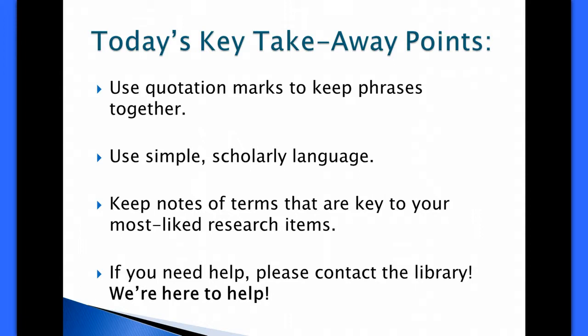And if you are not finding it by the terms you're using, switch it up. That will go a long way in helping you figure out exactly where the items are that you're looking for. Likewise, keep notes of the terms that are in the articles and the pieces that you like the most. As you start to figure out the direction you're going in and you start to notice a pattern, it's great to write those down, especially if you need to walk away and take care of the kids or go cook dinner or whatever the case may be. Maybe you need to go to bed for the evening and come back and do research later. You don't want to have to start from scratch again. So make sure that you keep notes of the terms that are key to the items that you like the most.